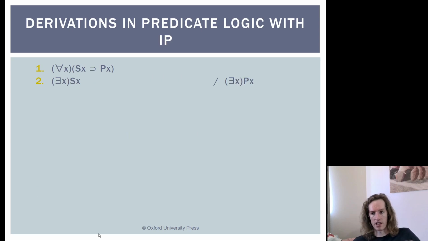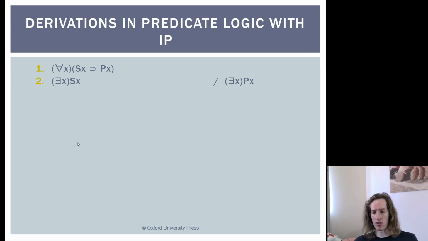All right, this time let's do an example with an indirect proof. Remember, so for a conditional proof, what we discharge is a conditional statement that expresses something about the relationship between the first line and the last line, where if the first line is true, then the last line is going to be true, and that's true because we were able to derive the last line assuming the first line. But with an indirect proof, what we want to do is assume something and see if we can generate a contradiction. If we can generate a contradiction, then we know that our initial assumption can't be the case, so we discharge the negation of that assumption.